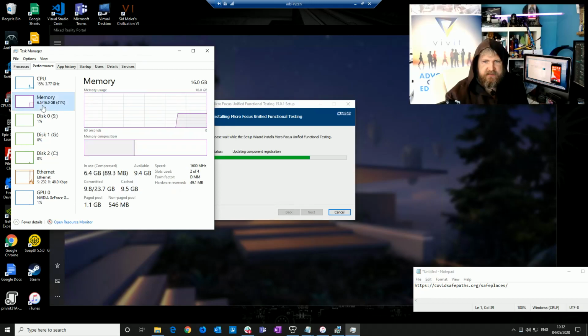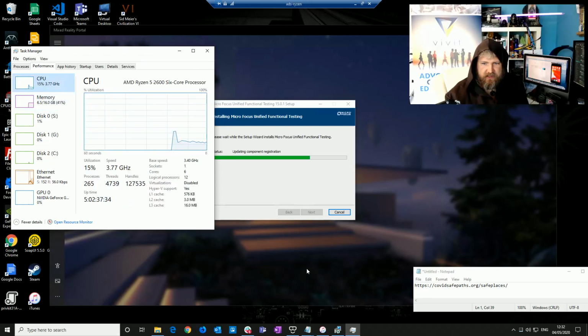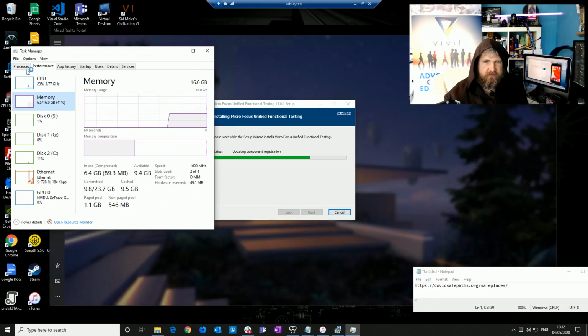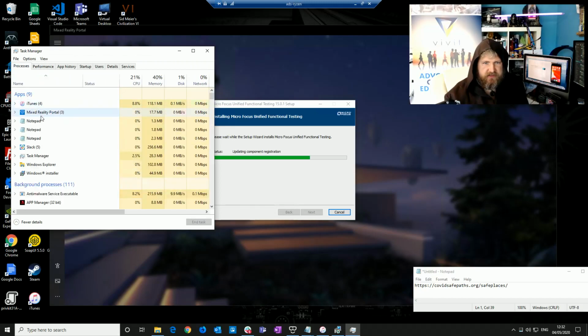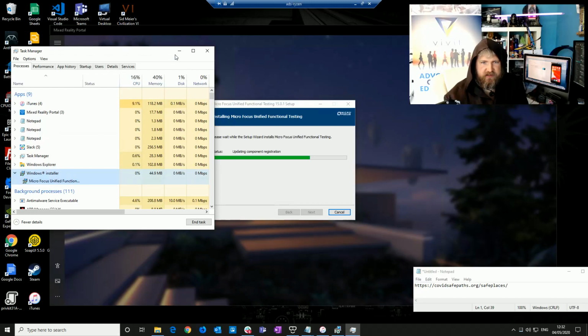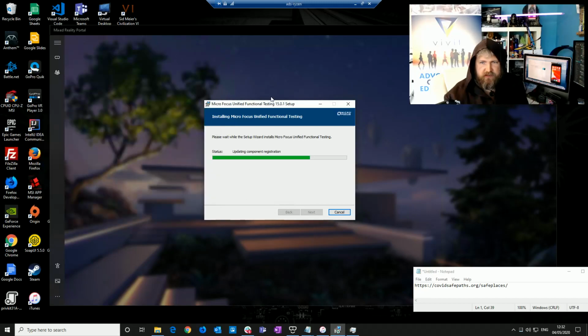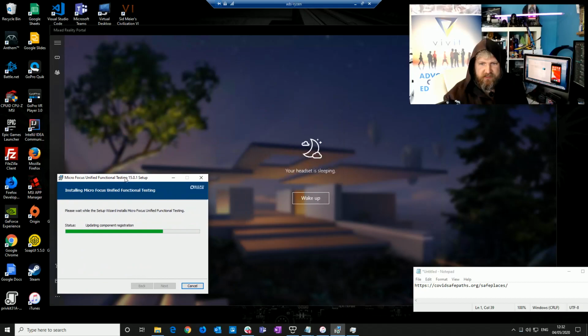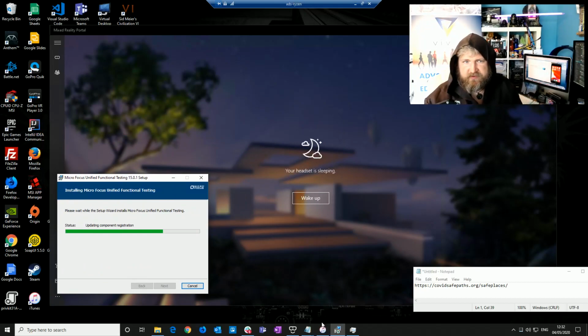But you can see it's kind of ticking along. I'm guessing there's some of the MSI installers that are running in the background there for UFT. Hopefully that will install at some point in time. So yeah, I've plugged in both devices, and then the other thing that I wanted to do is